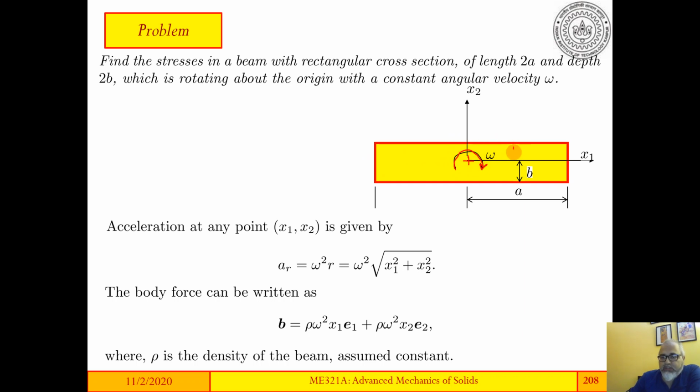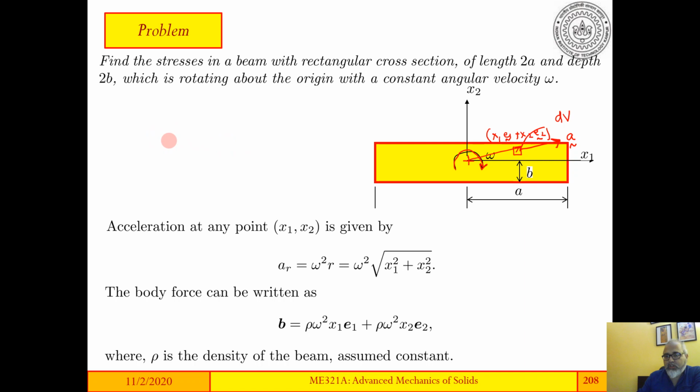So if you take a small element of the beam here, which has volume dV, and its position is given by x1 e1 plus x2 e2, then the centrifugal acceleration is in this direction, and this acceleration, let's say, is a, which means